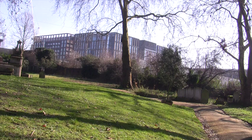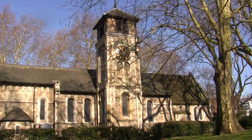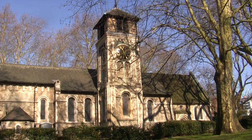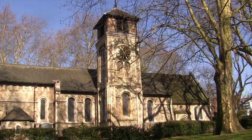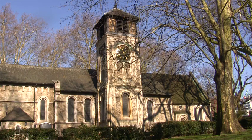But it's not for that I've come to have a look at, it's to come and visit here. This is St Pancras Old Church, which is allegedly one of the oldest churches in London, if not the oldest. And I think it was a site of worship way before then. It's certainly credited as being the oldest Christian